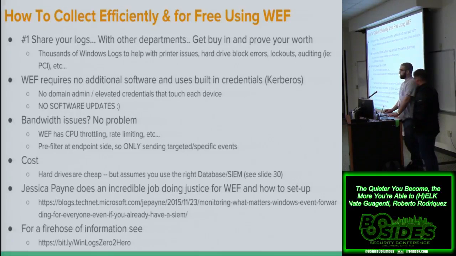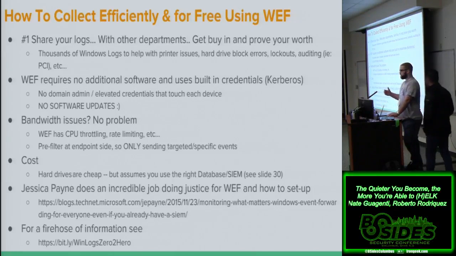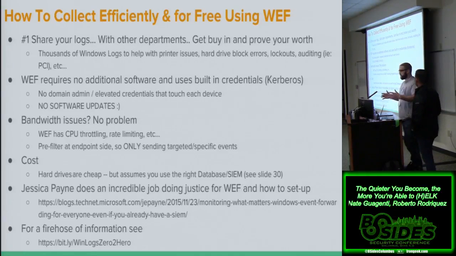The other thing about WEF is, with bandwidth issues, right, collecting from ATMs or something that has a 1 megabyte upload link, you can throttle it in all sorts of different ways. You can rate limit it. You can basically filter down to, like, I only want this event if it equals that, right? So you could collect just one event from one host. And with group policy, you can set things based on what site it's at, what subnet it has, all sorts of different variables. Like for DNS debug logs, we only run it if there's a registry key that says it is a DNS server, right? And these are things that Windows themselves use.